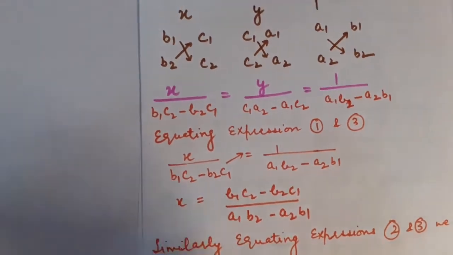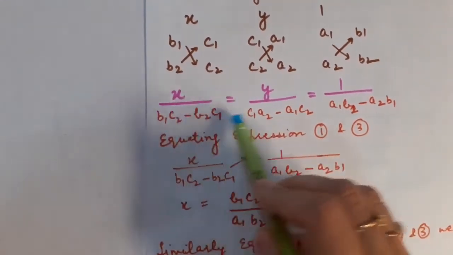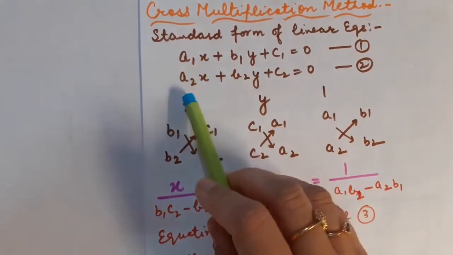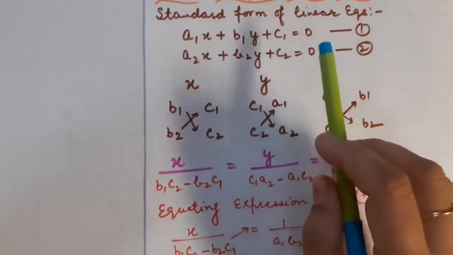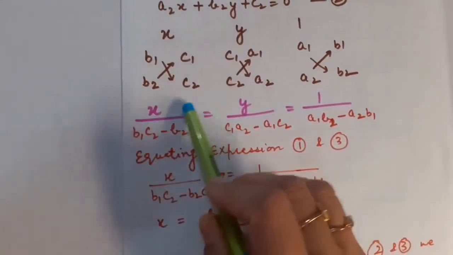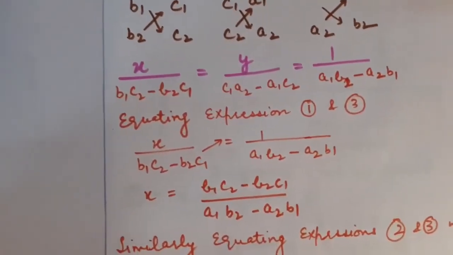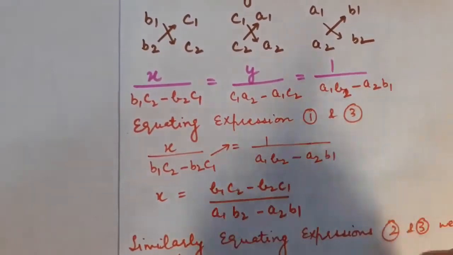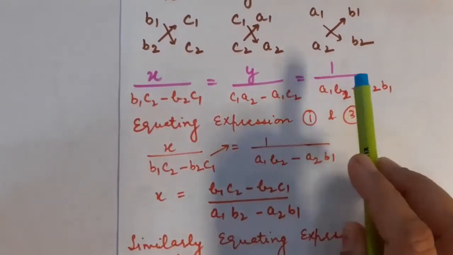Now what we have to do is calculate the values of x as well as y, because our generalized form of the equation, which was a1x plus b1y plus c1 is equal to 0, a2x plus b2y plus c2 is equal to 0, was with the variables x and y. So now I am going to equate this first expression with the constant value so that I can calculate the value of x. Because all three expressions are equal, you can equate any two. Here, to calculate the value of x, I am going to equate this value with the constant value.